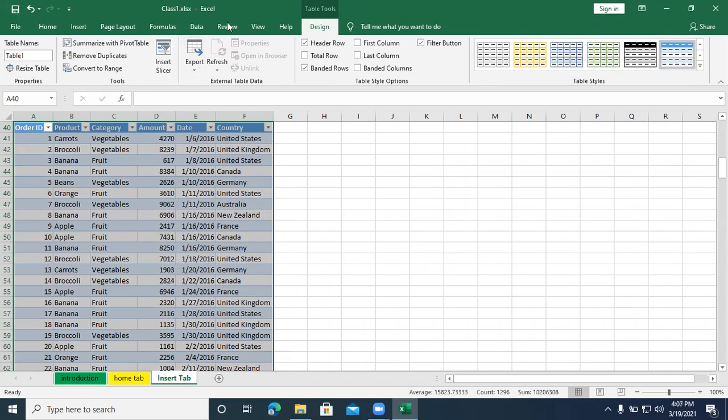I'm also getting Table Tools. With the help of Design, you can see the table name, but by default I'm getting Table 1, the first table for this sheet. We can also rename the table. We will rename it as sales_report.